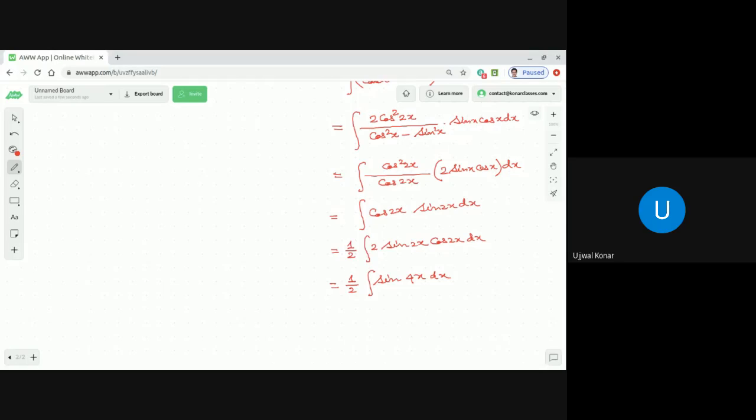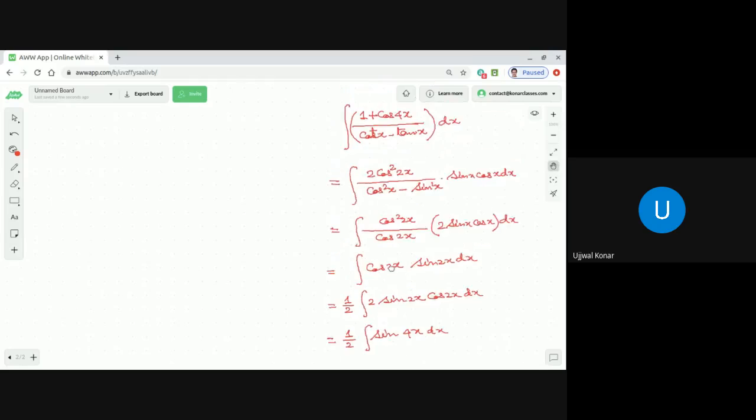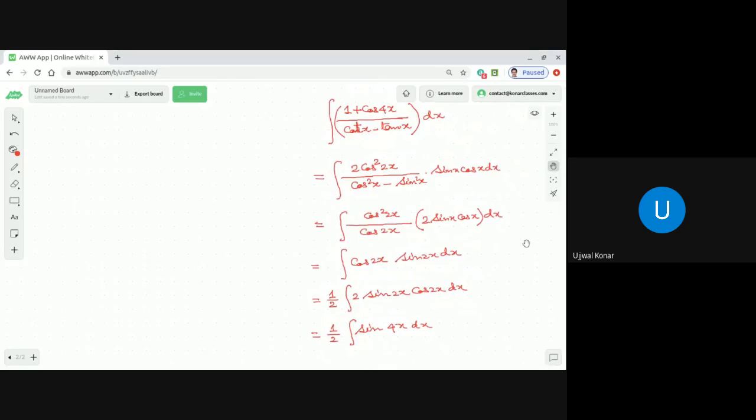So what have we done so far? So far we have done transformation. We have been given 1 plus cos 4x by cot x minus tan x. That is our f(x). From that f(x), we actually transformed into sin 4x by 2. That is our g(x), the transformed function. Correct or not? In all these steps, dear students, I have not done anything on integration. I just did trigonometric simplification. Isn't it, dear students? Disha, you agree with me? Yes. Right?